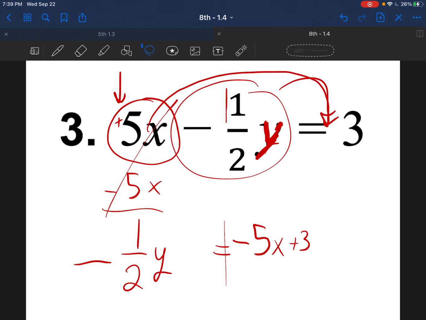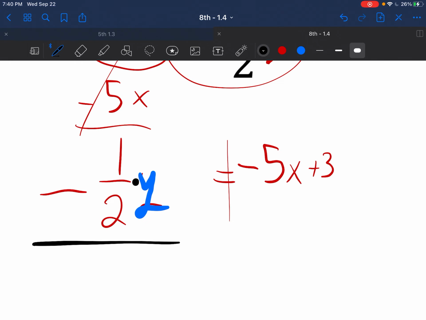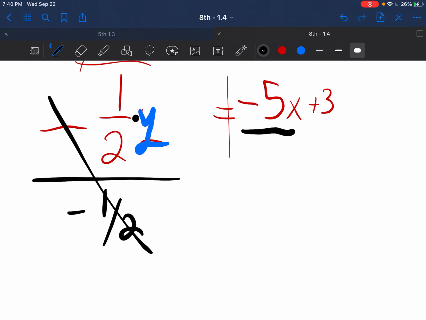All right, so now we have this equation, and we want to solve for the letter y, right? We want to solve for the letter y. So how do we get that y all by itself? We have a multiplication problem here. What is the opposite of multiplying by 1/2? That's going to be dividing by 1/2, negative 1/2, right? I'm going to cross that off. And now we're going to have to divide each one of these by negative 1/2 and divide this by negative